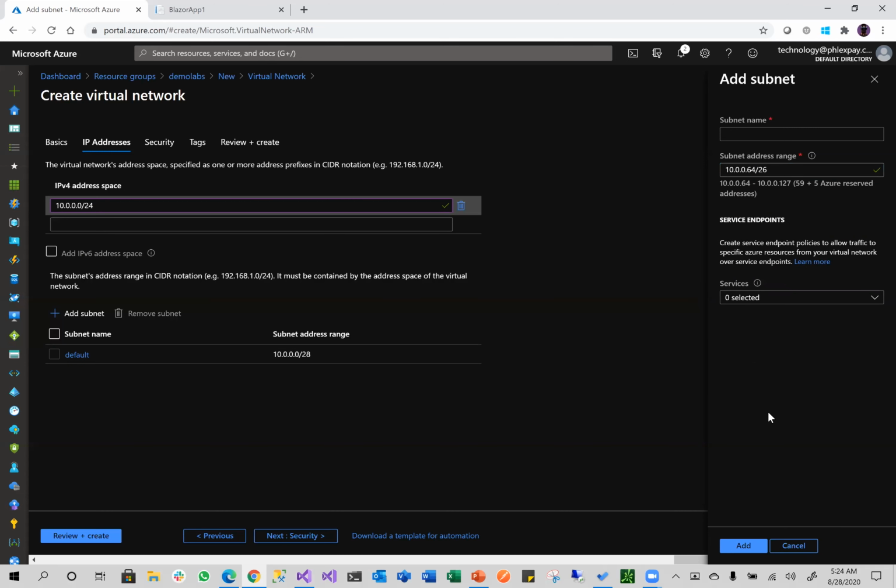So I'm saying the first 64 are locked in, and I'm taking over this block, which is the next 64, right? So just be mindful of that as you're setting up your IP addresses here. We don't necessarily need